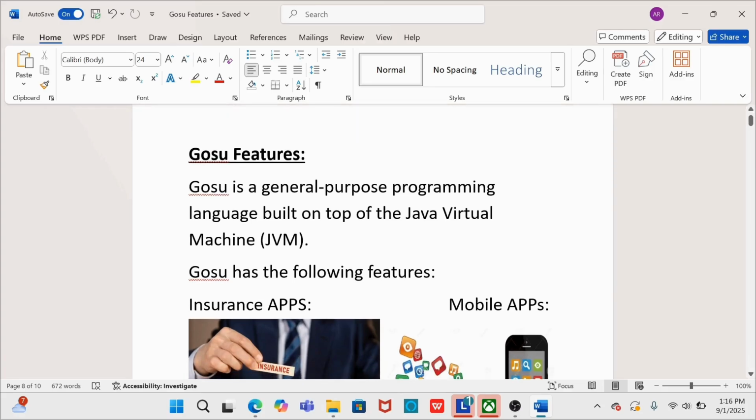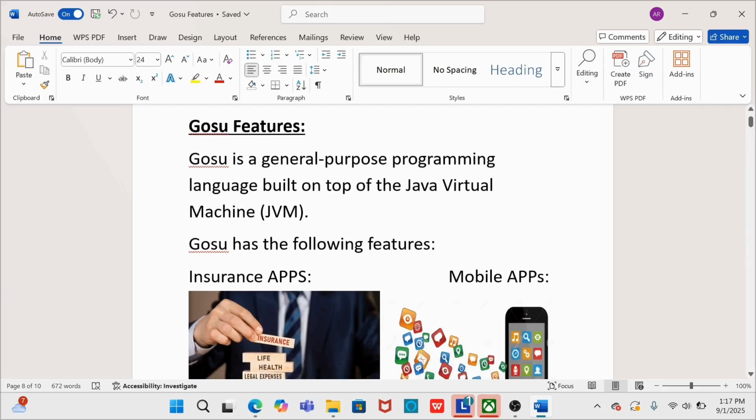Coming to next thing, it is built on top of the Java virtual machine. That means Gosu needs Java installed in our system to run Gosu related programs. I will explain how to install Java and how to install Gosu related compilers and everything in a separate video. So no problem. So coming to its features,